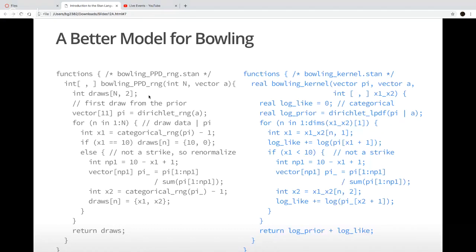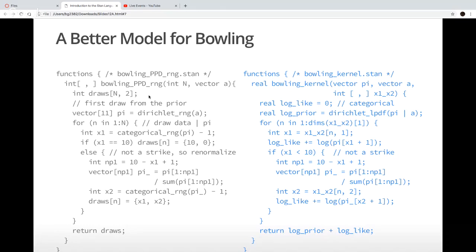But once we have the model in mind, and now we have outcome data that we collected from the wild that we want to condition on, as opposed to this, which is generating predictions for what the outcome will be, now, instead of using random number generation, we need to represent this in terms of densities, and in particular, log densities.